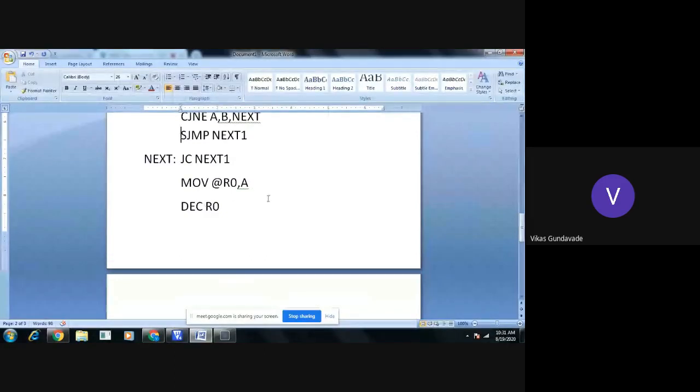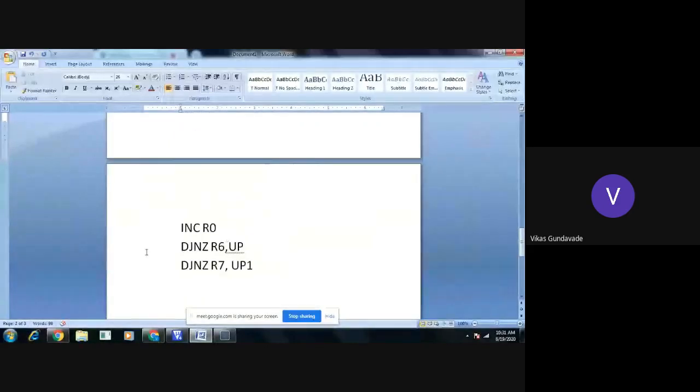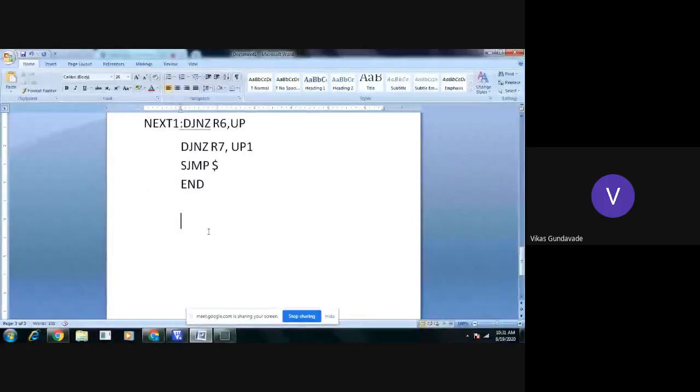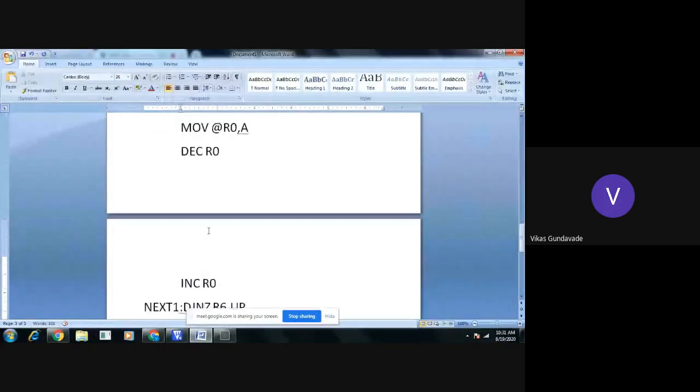So these two instructions are for manipulation. This next one will be written here, and after that we simply write SJMP dollar and then 10. Everyone got it? So here we have written the program for ascending order.